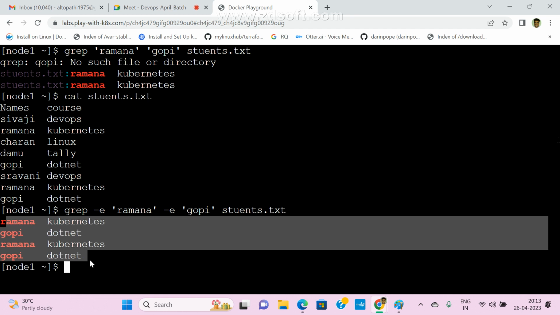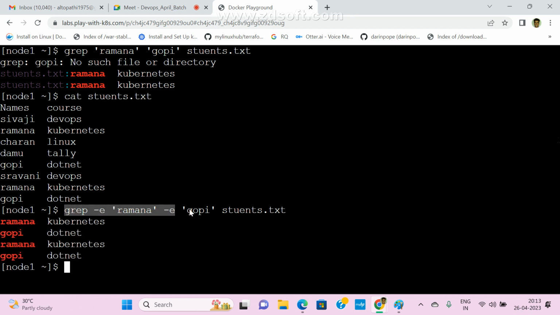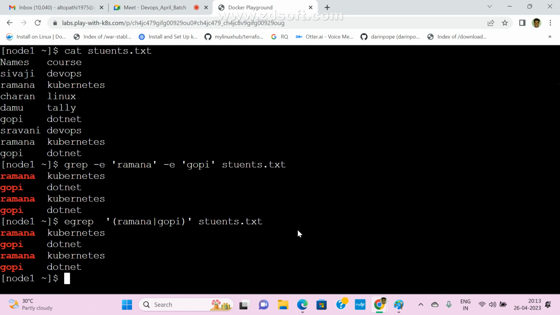Instead of passing hyphen E multiple times, which is nothing but extended, we simply pass egrep. No need to pass anything else here. Remove all these, and just add the pipe symbol, and we can directly search multiple strings. Now clear? Both are the same.